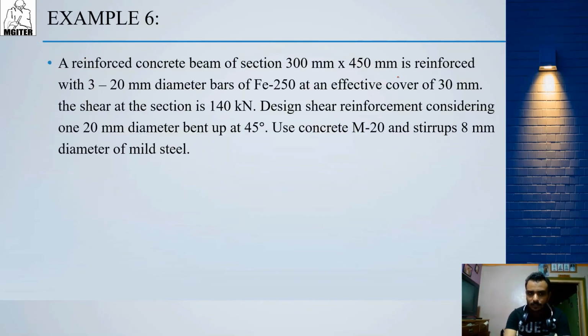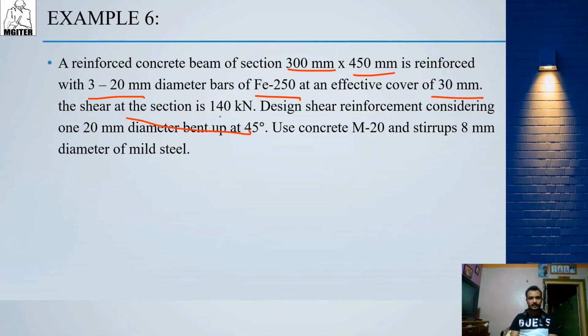One design is completed. The second, this is the last one. The reinforced concrete beam section 300 by 450 mm is reinforced with 3 bars of 20 mm diameter, Fe250, at an effective cover of 30 mm. The shear force at a section is 140 kilonewton. Design shear reinforcement considering 20 mm diameter bent up